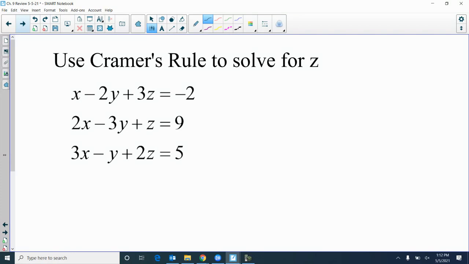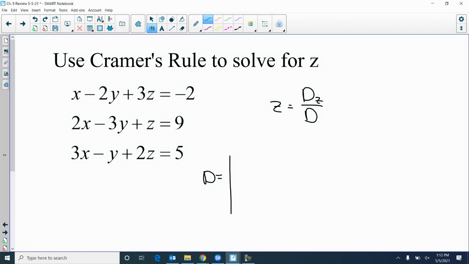Okay, now, do you remember how to find Z using Cramer's rule? Remember, Z is going to be D sub Z divided by D. And Y would be D sub Y divided by D. X would be D sub X divided by D. You need to find two matrices. So I'm just trying to limit the work instead of finding all four. Well, D